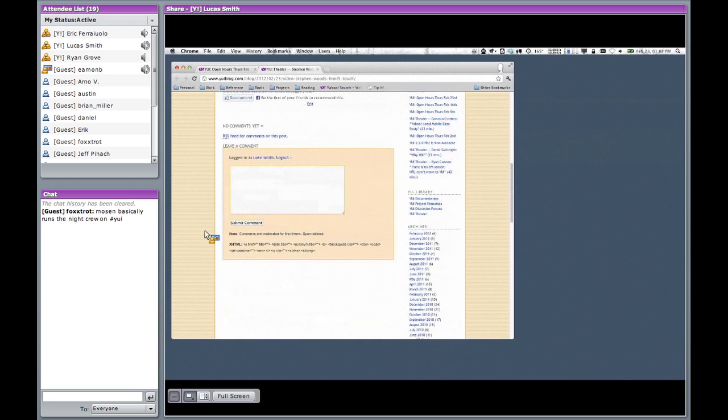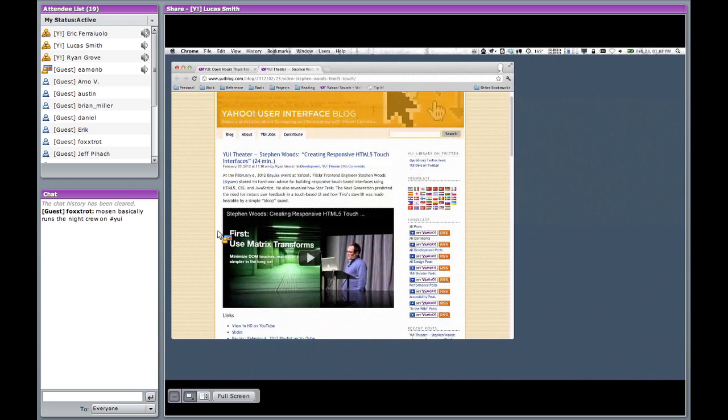This was from a Bayjax event just a couple of weeks ago, and Stephen Woods from the Flickr team was doing some great research about responsive HTML interfaces and supporting mobile platforms, so your tablets and your smartphones. And this talk was really fantastic. If you haven't seen it already, I highly recommend going to check that out.